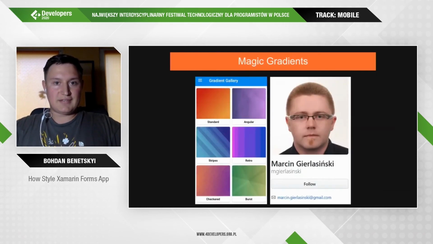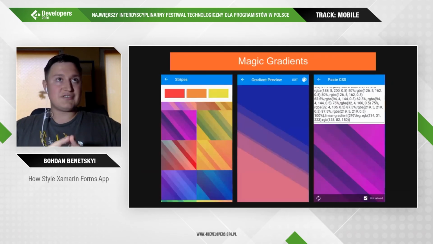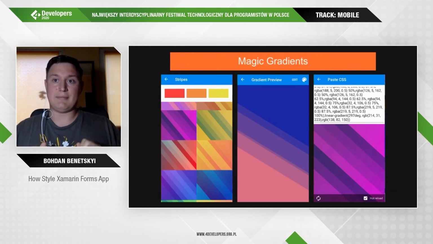And the next example is Magic Gradients. It's a pretty simple NuGet package that depends only on Skia and allows you to draw a lot of awesome gradients. I will show you all that in a moment. The interesting thing is that with Pancake View, you could also write pretty simple multicolor gradients, but only in XAML. In Magic Gradients, we have it in XAML